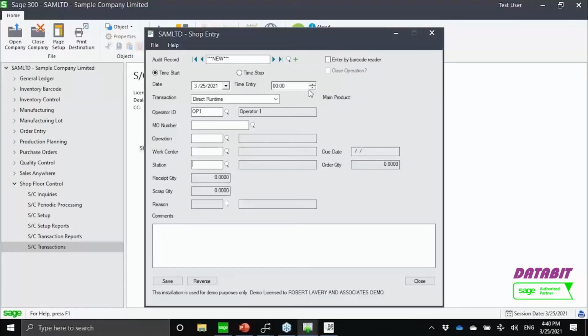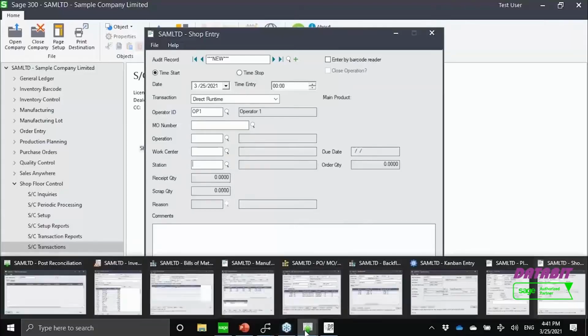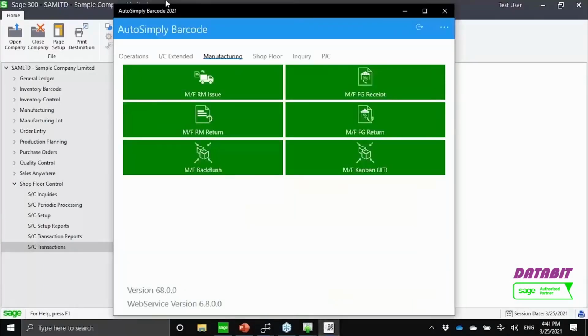So this screen on the desktop is designed for a production clerk to input the logs or the time records, maybe at the end of the shift. So this is the screen that they would use. But of course, what we would recommend is we should use, again, the barcode module. This time, what we want to do is maybe put a tablet or a phone or whatever device that you want to use on the production floor itself. Let the operators log into barcode and then give them a touchscreen interface,